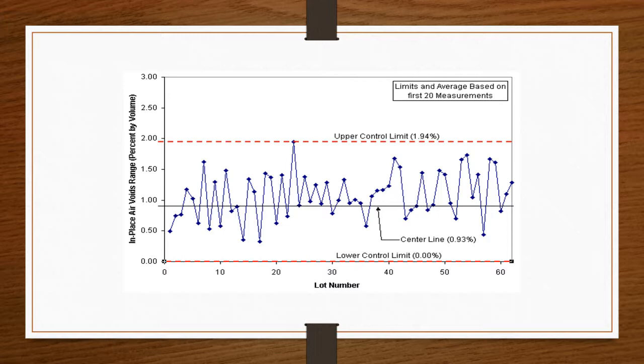So looking at the chart for lot number 22, it seems to be in a red zone. This is where the manufacturer is able to look and see what materials were too much or too little that may cause the